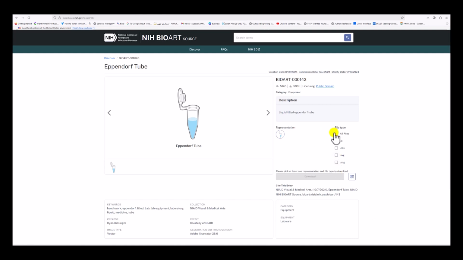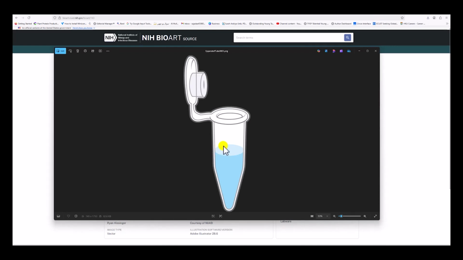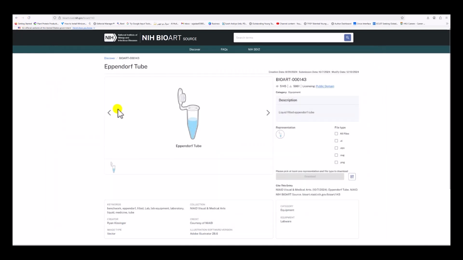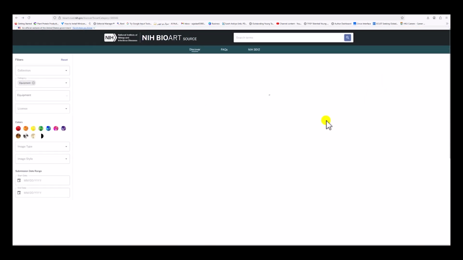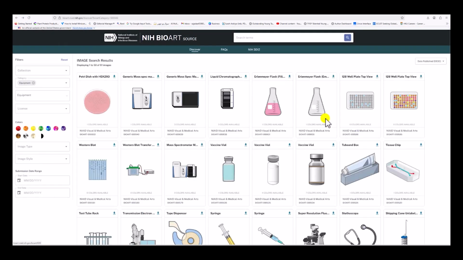You can also download it in different formats, like EPS format, SVG format, PNG format. You will click it here and then you can download it. When you click it, you will download and get a clear pin drop tube. You can use it in your own graphical abstract by using PowerPoint or Adobe Illustrator, because it will not provide you a graphical interface where you can combine these figures. So definitely you will use another software like PowerPoint or Adobe Illustrator, or you can also combine it in Microsoft Word according to your own will and experience.